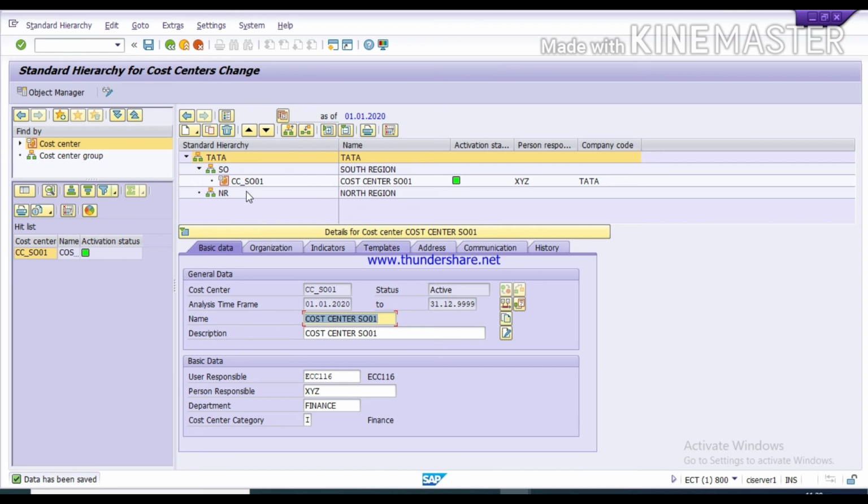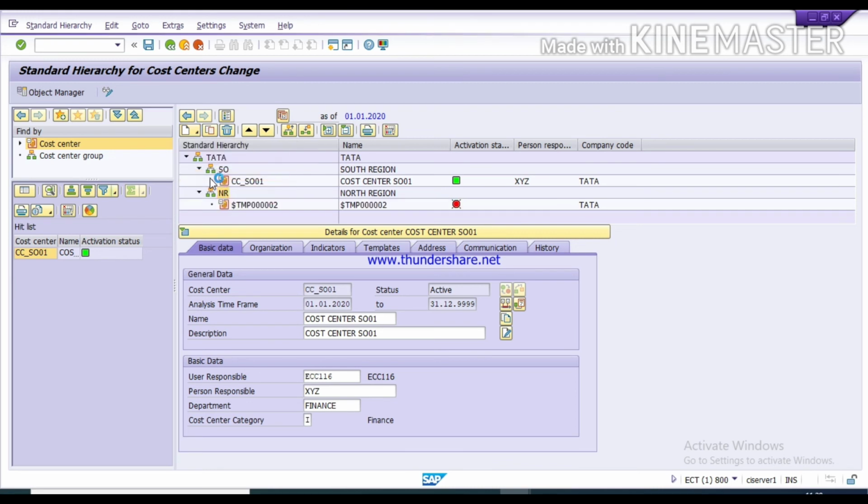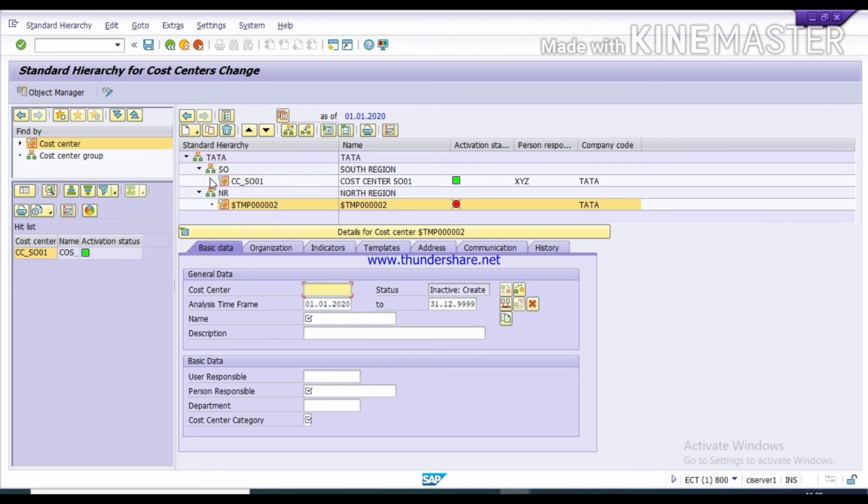In a similar manner you can create for North region. Here just select your region and click on create. Here you want to create your cost center, so just click on cost center and fill the other details.